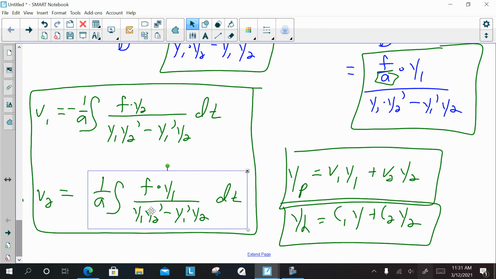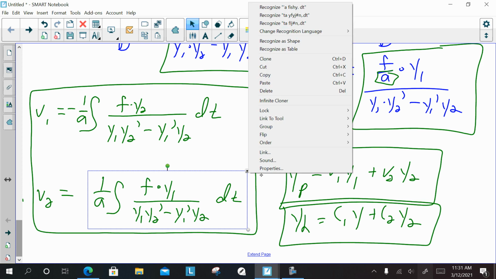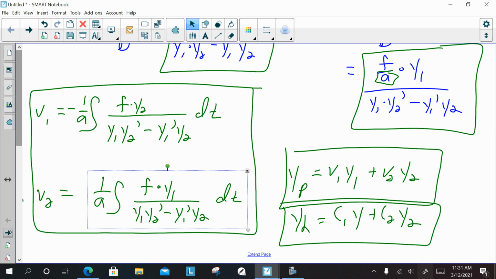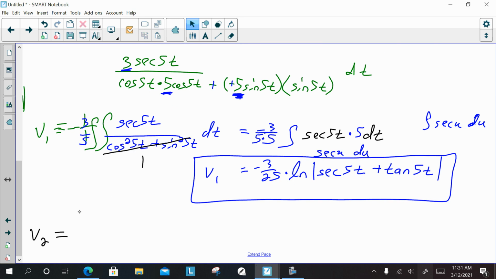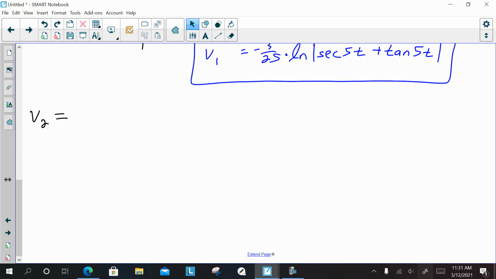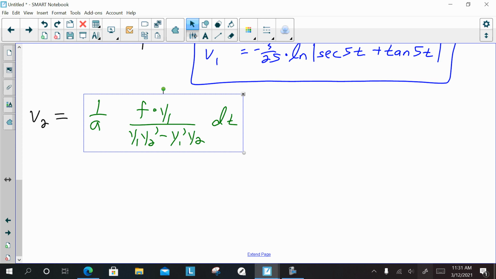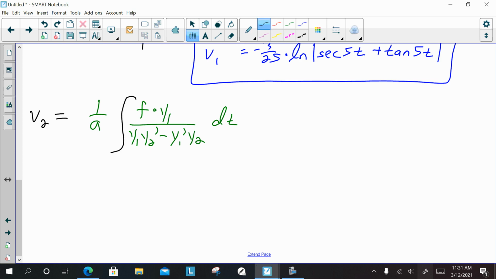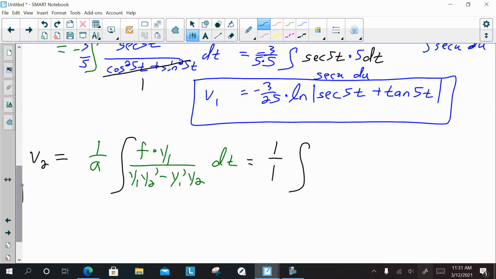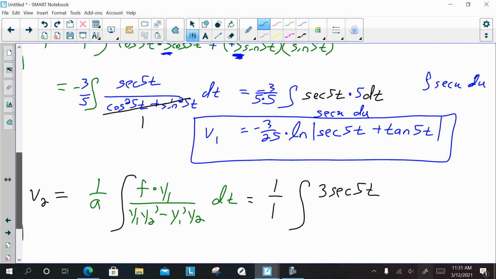So to get V2, this is the formula. Paste. We're going to integrate that. So we have 1 over A. A is 1. Our function out front, remember that was 3 secant 5t. So that's F. And then Y1,